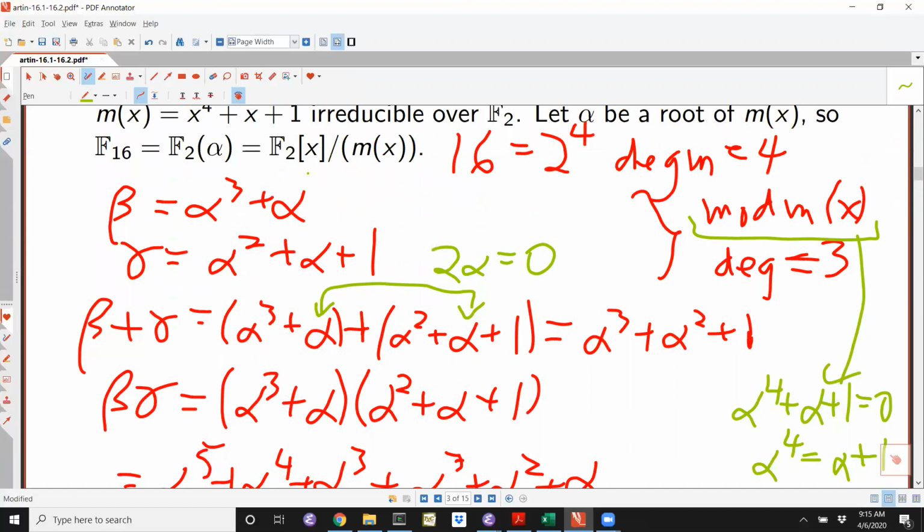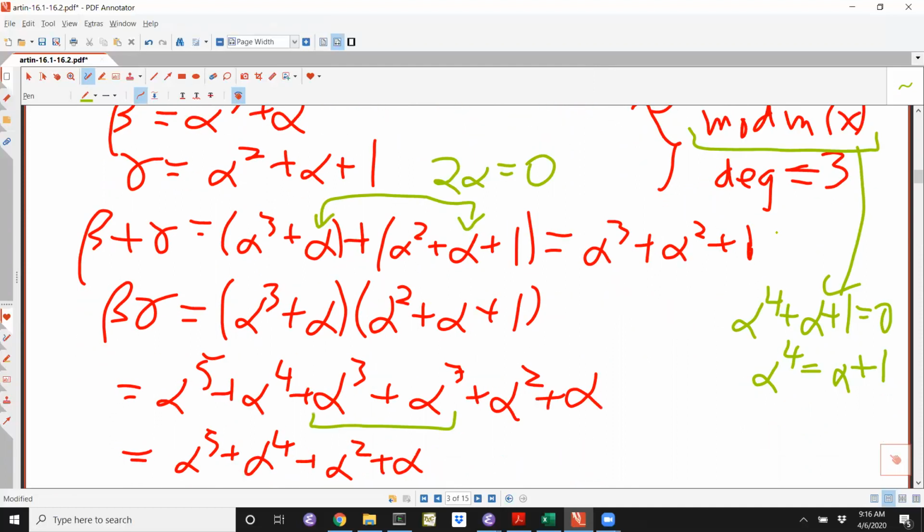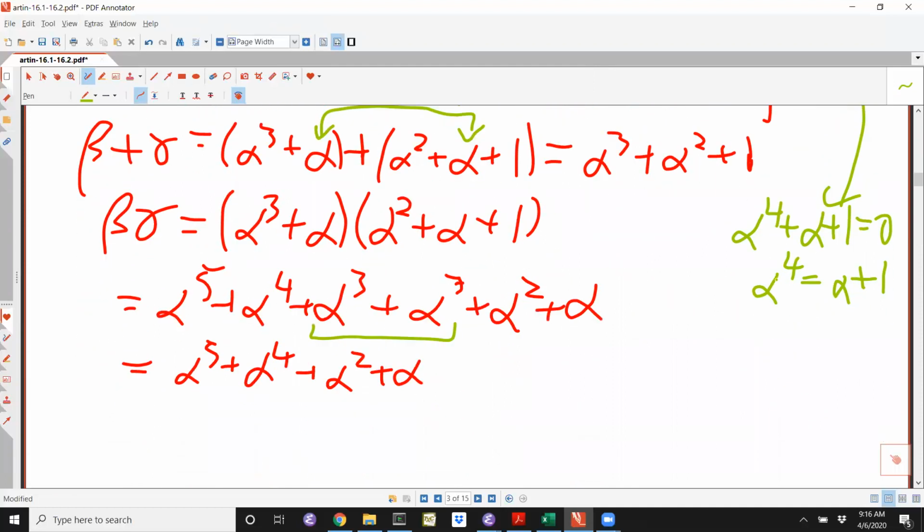What we want, our final goal, is to express everything as polynomials in alpha of degree less than or equal to 3. The way to do that is to use the reduction rule alpha to the 4th equals alpha plus 1, but also alpha to the 5th equals alpha squared plus alpha,